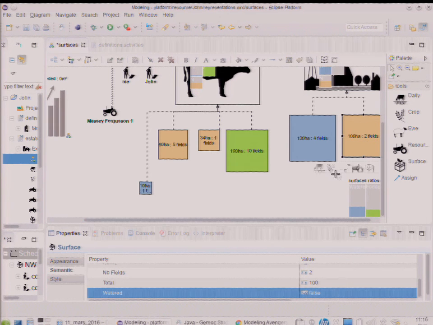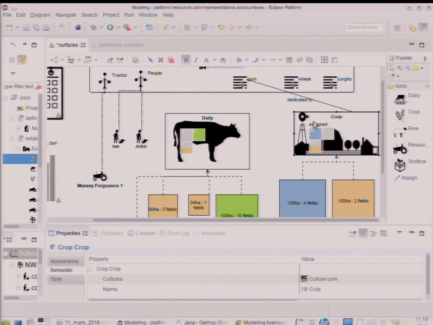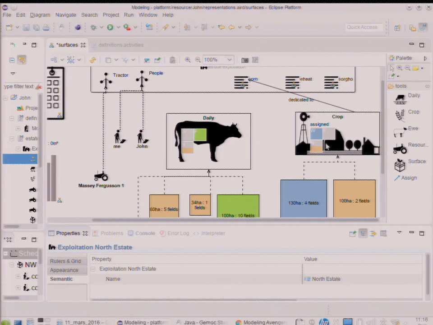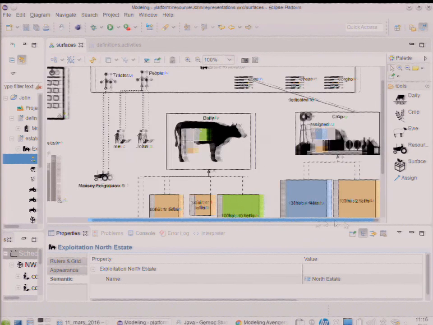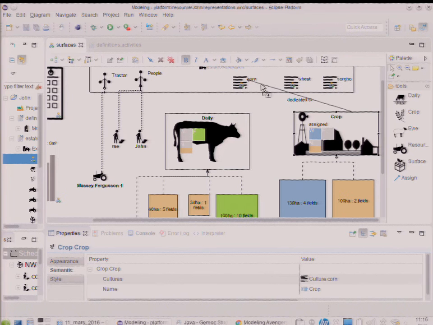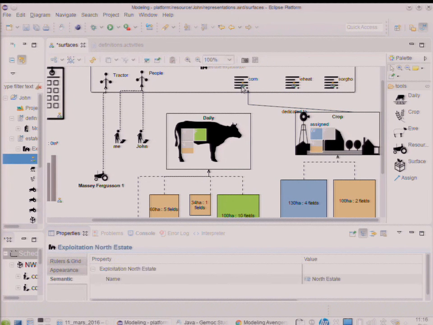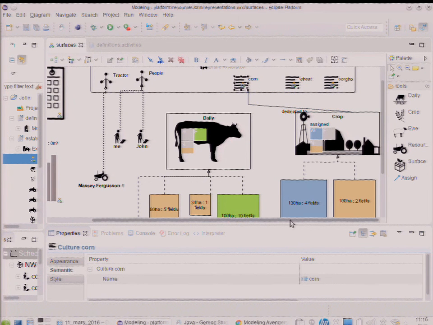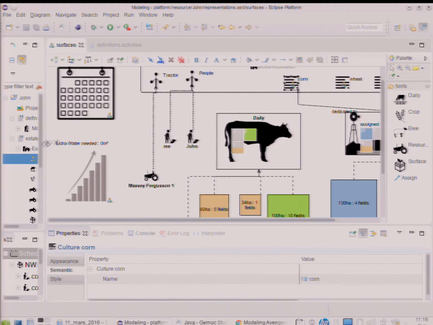So I can quickly analyze it, and I can see the proportions of the watered, foddered, or other fields assigned to this activity. But it's not enough. So here in this case, the farm has a daily activity and a crop activity. And the crop activity is focused on the corn right now. And it's not enough because then you need some weather data.